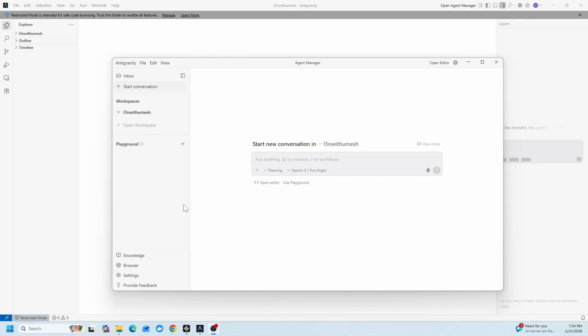Like I said in the introduction, you do have access to multiple models that are currently supported by Anti-Gravity. Gemini 3.1 Pro, High and Low, they basically indicate how much intense thinking these models are going to do. There is Flash, then there is Sonnet, Opus, and